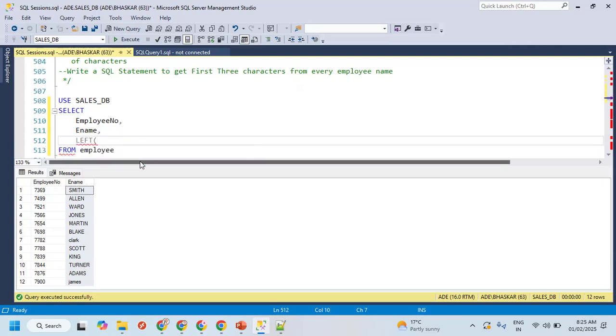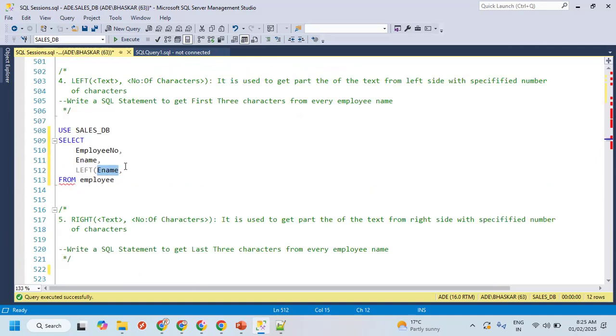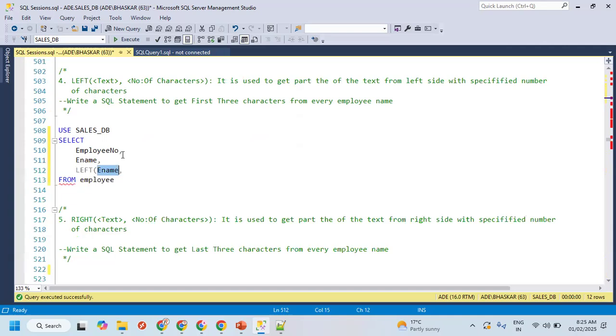LEFT, ename in place of text. In place of this text, we need to pass the name of the column. The name of the column should have data of text type. We have text data only here. So because of that reason, we are passing ename here. And then the number of characters. How many characters do we require? We require only 3 characters. And then close this